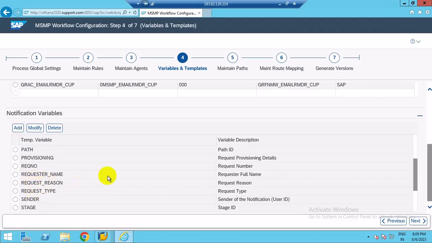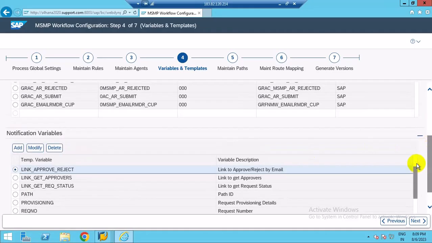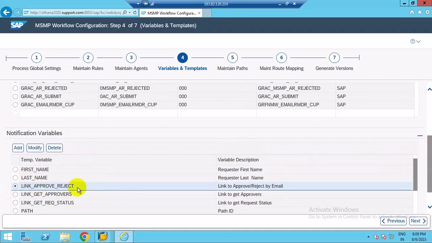These are all dynamic variables. Generally we will use them for approval, approve link, approve or reject. With the help of this link, approvers can directly click on the variable in the email. They will be able to get the work box in the email notification itself, instead of logging into NWBC and going to the work box. They can use this variable. So like this,